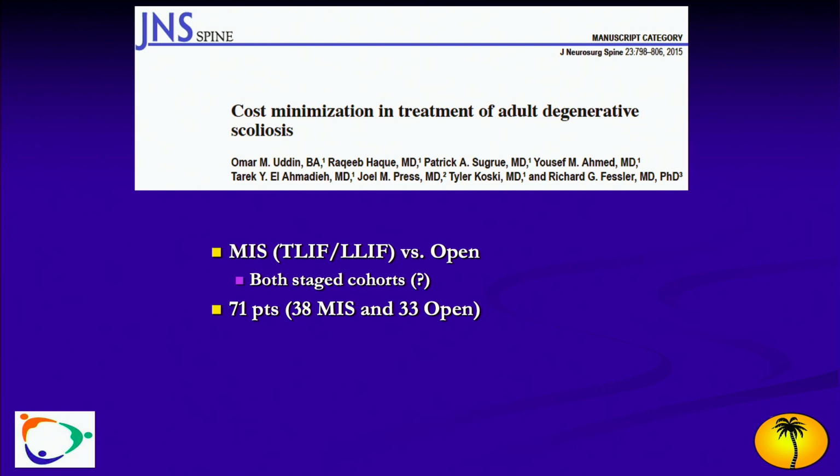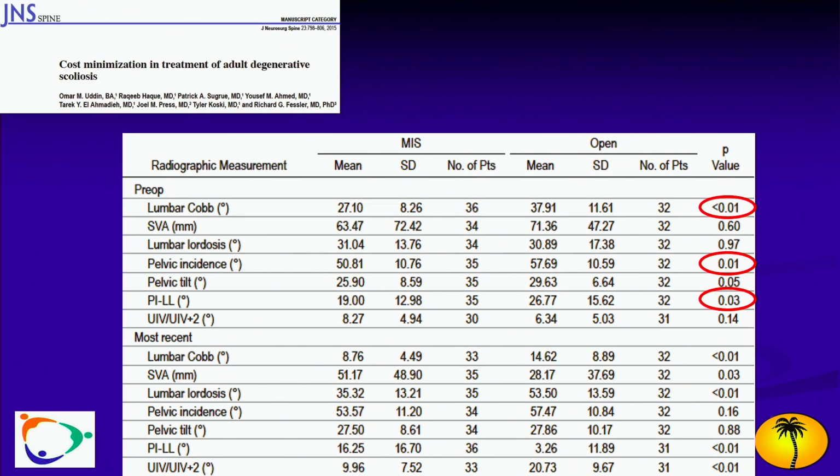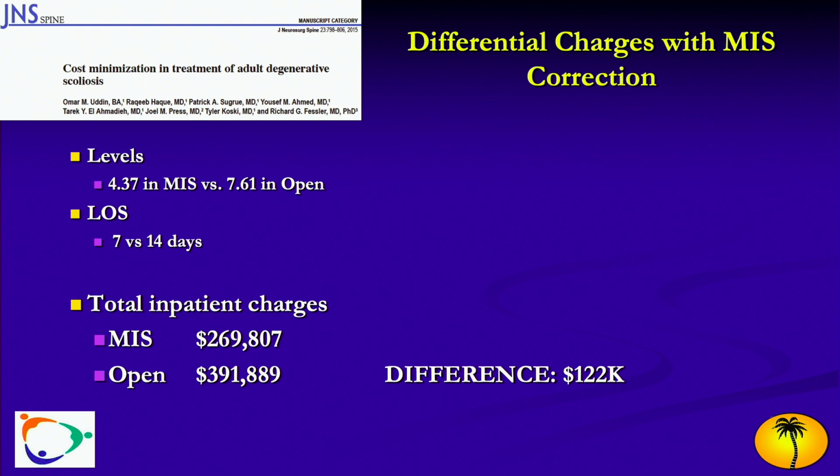It's a somewhat poorly sustainable economic proposition taking care of deformities. And this is one of the early works done by Rick Fessler's group, comparing MIS and open deformity approaches. I couldn't quite figure out the staged cohort with T-lifts, but nonetheless, that's how they proceduralized. And you can see here the number of patients. You could tell with the table here that they weren't apples to apples deformities, a little less deformed in the MIS subcohort. But nonetheless, one of the things to take home from the paper is that the MIS subcohort generally had fewer levels